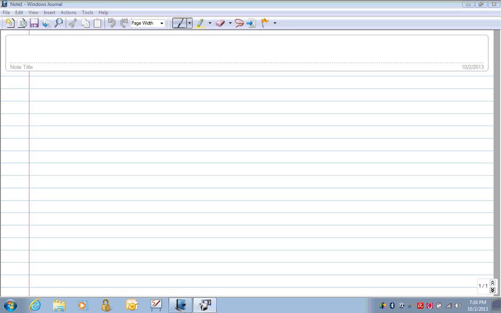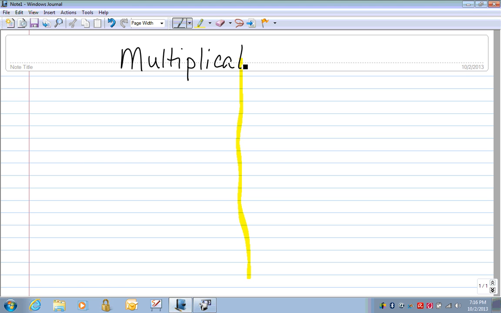So if we work with our two-column notes, our title is going to be multiplication. In this lesson, we are going to be able to understand multiplication. Let's write our I can statement. I can